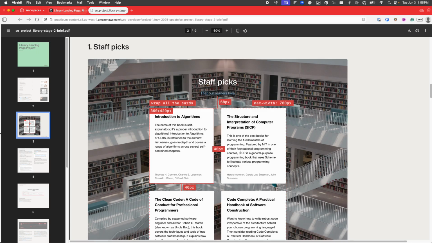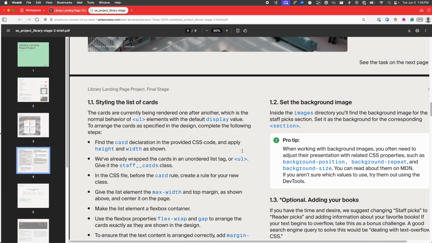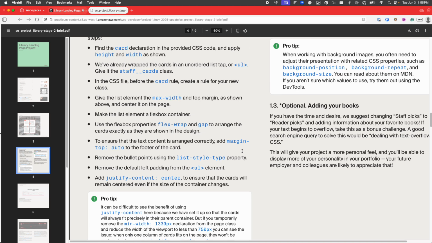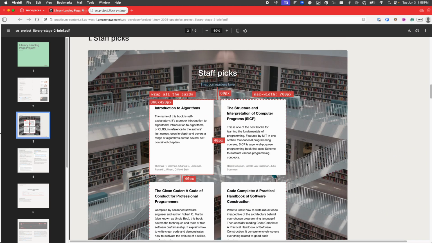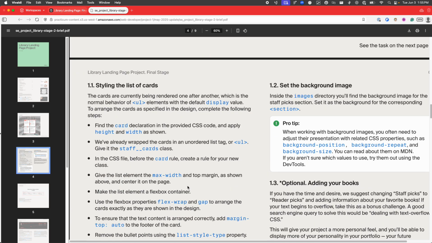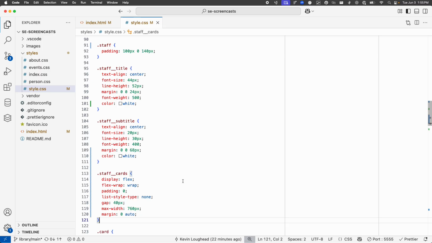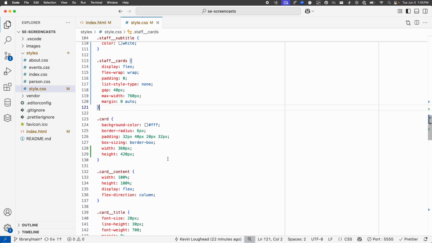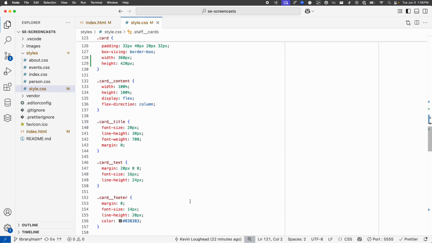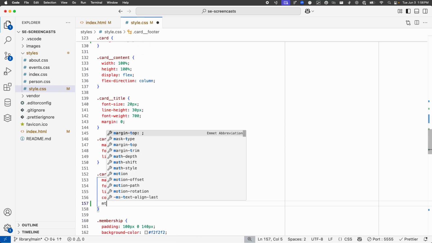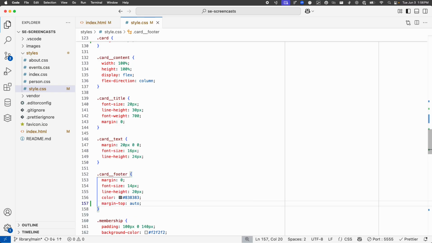And I believe we have a note in here explaining how to do this. Yes, to ensure that the text content is arranged correctly, add margin top auto to the footer of the card. Okay, so let's take a look at that. The card footer, margin top auto,